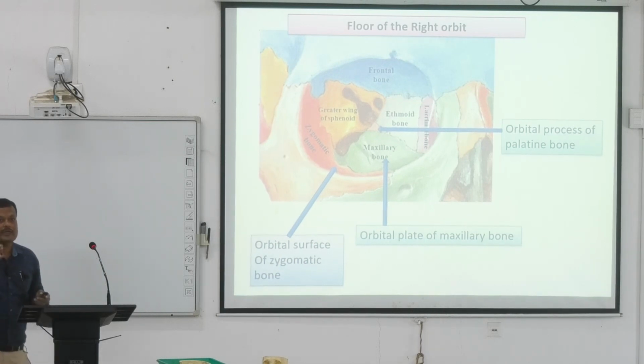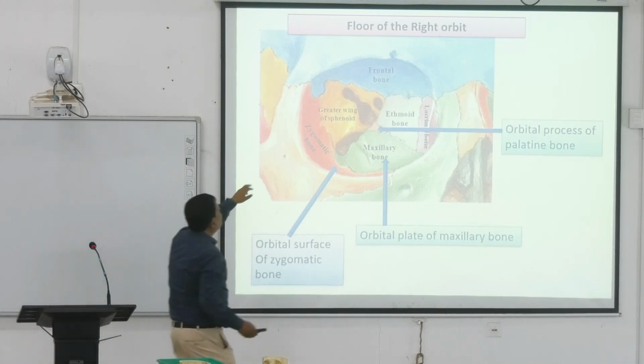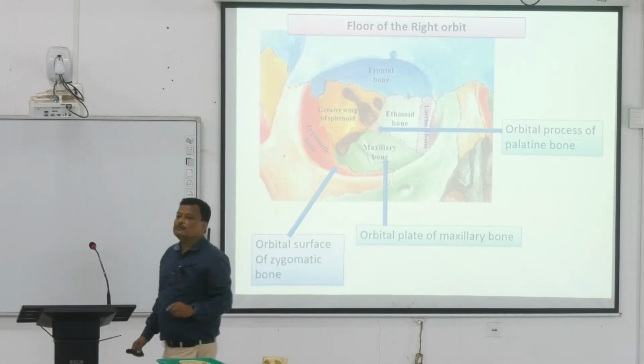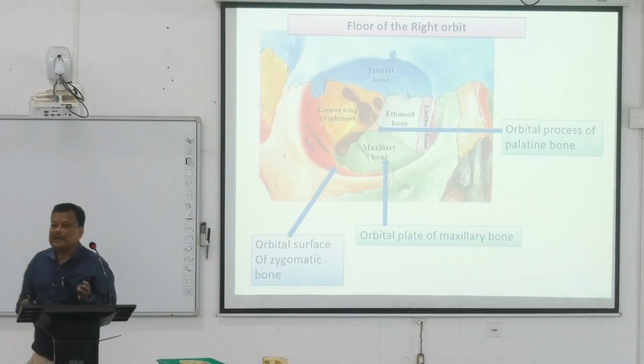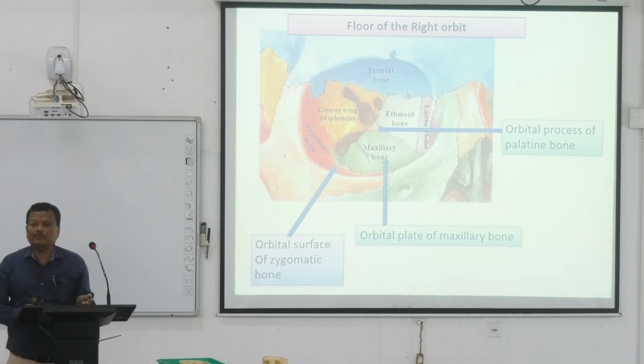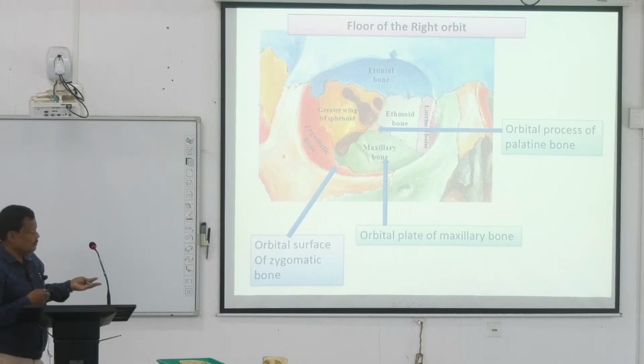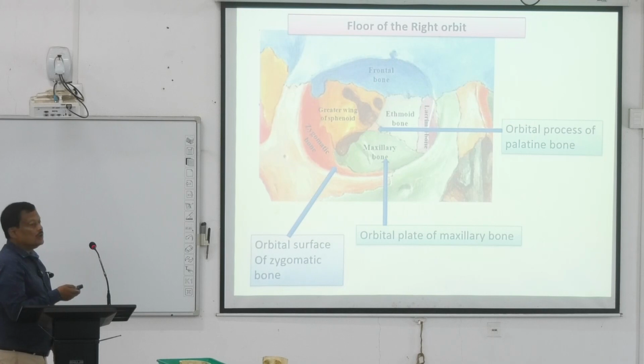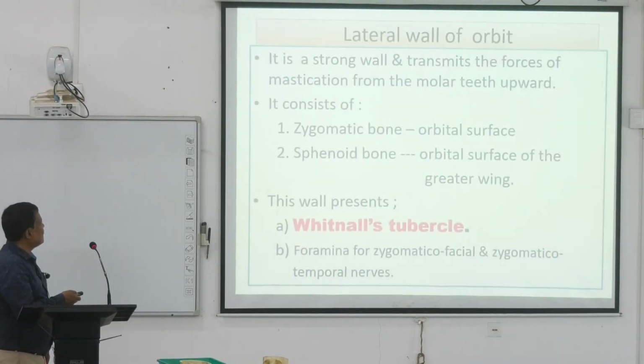একদম ব্লান্ট থাকবে না যে হুইটনলস টিউবারকুল ইজ এ স্মল টিউবারকুল present in the zygomatic bone close to the lateral wall of the orbit, in which attach the lateral check ligament, levator palpebrae superioris, তারপরে হচ্ছে এটা ভুলে গেলাম, সাসপেন্সারি লিগামেন্ট। এগুলি আসবো আমি এক এক করে। সুতরাং এটা হচ্ছে হুইটনলস টিউবারকুল।